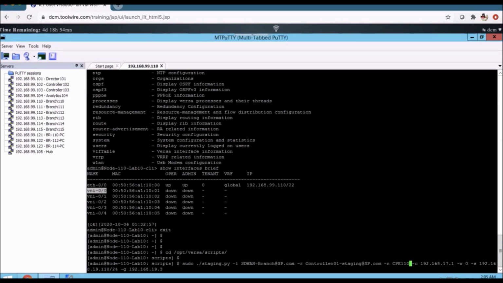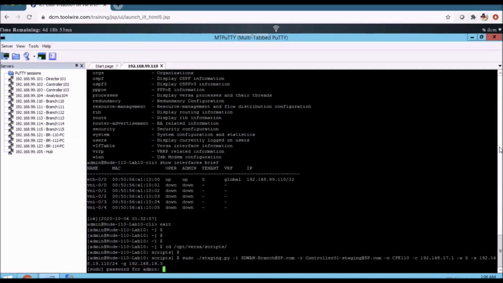On VNI 0/0, we wanted to assign this IP address. So due to that, we mentioned -w0 -s this IP address. Then what is the gateway IP address in order to reach the controller? So we are trying to mention the gateway IP address is 19. At the moment, everything is correctly configured.